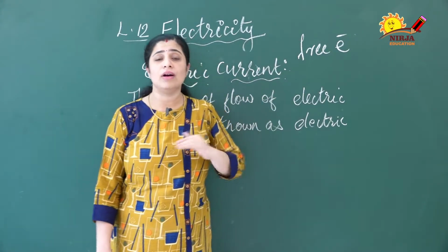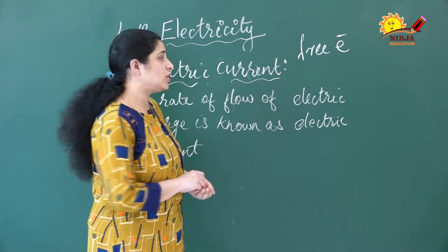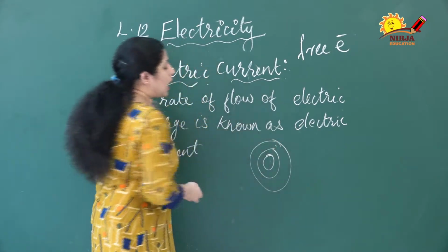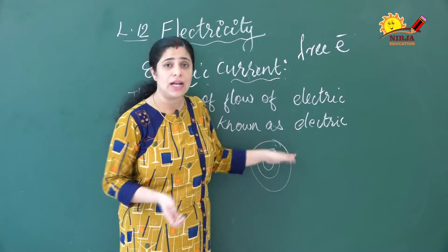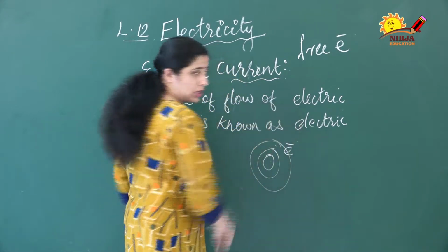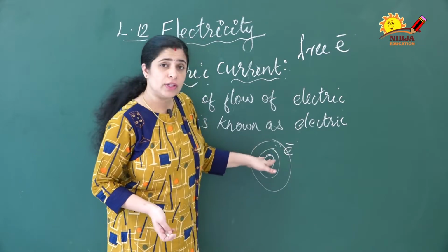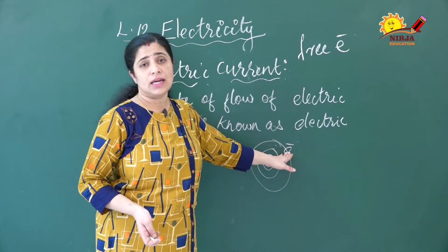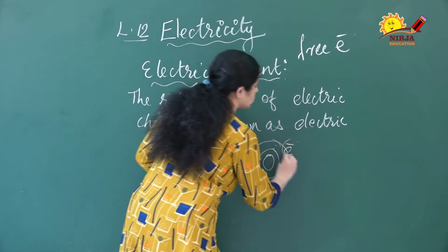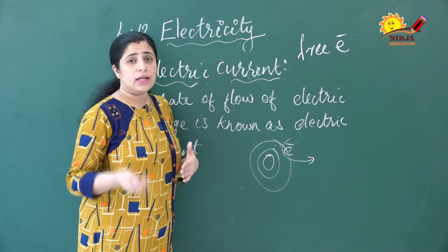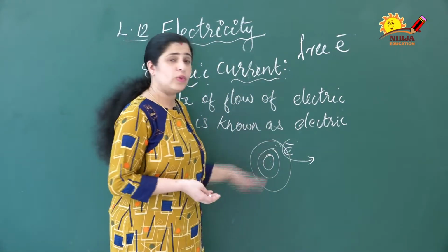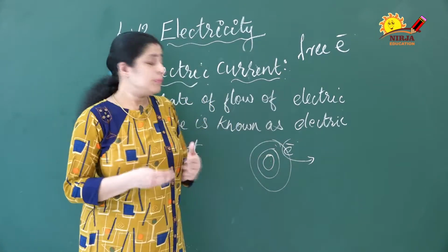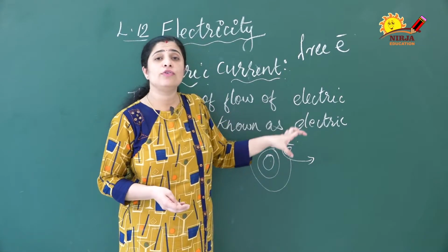In 9th standard you learned the atomic structure. You know that in this structure you have the nucleus at the center and the orbits around it. The outermost shell is known as the valence shell, and electrons will be there in this shell. The attractive force between the nucleus and the electrons here will be less, so it is easy to remove these electrons from this shell. You already learned how these electrons are moving. Between the nucleus and the electrons, the attractive force will be very little.